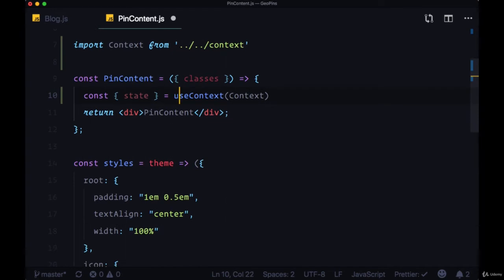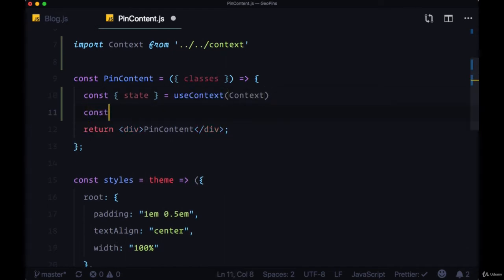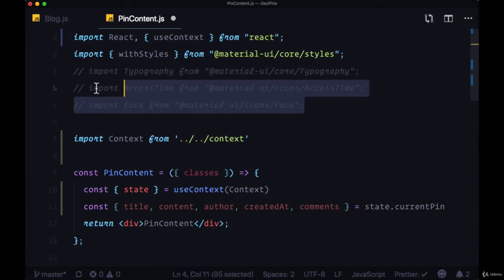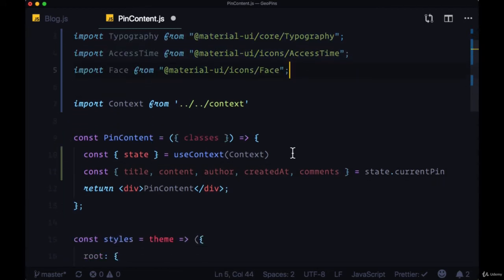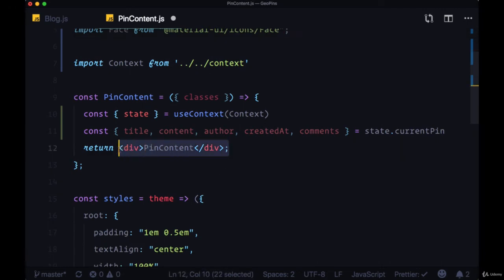And from state, we can destructure current pin from it. However, in order to make current pin's properties even easier to access, we'll go one level deeper and destructure state.currentPin, and from it get the pin's title, content, author, created at, and comments. So let's begin by uncommenting our components, material UI components, and we'll return in our markup